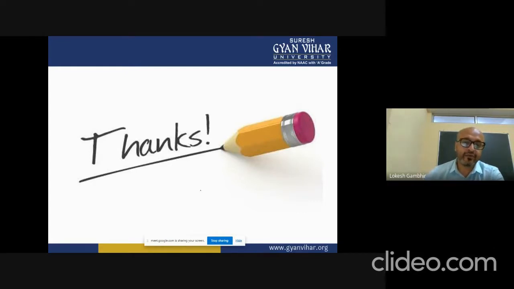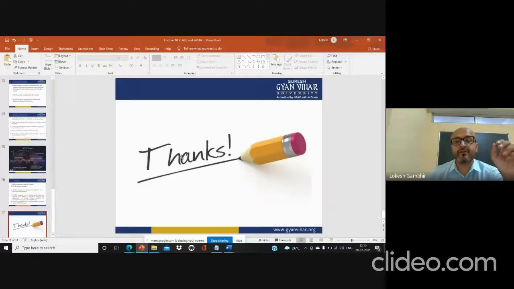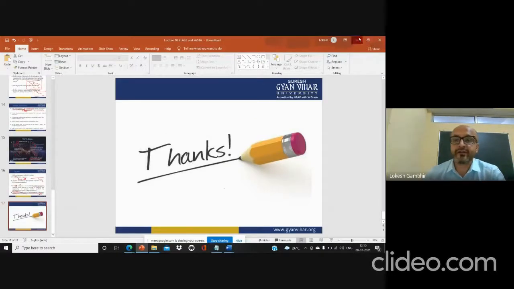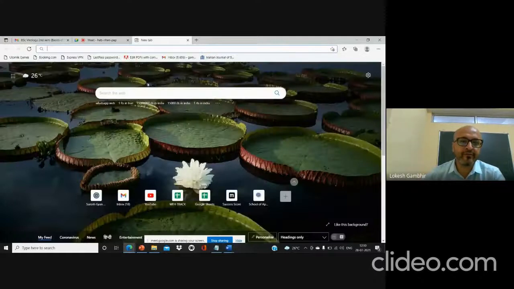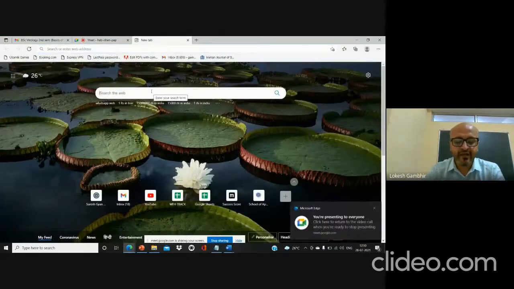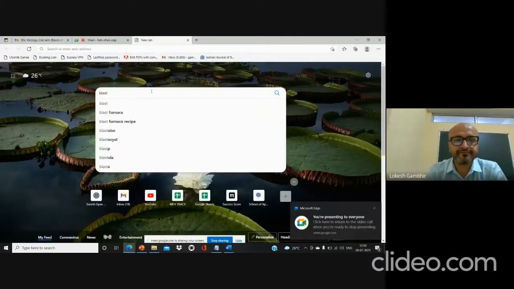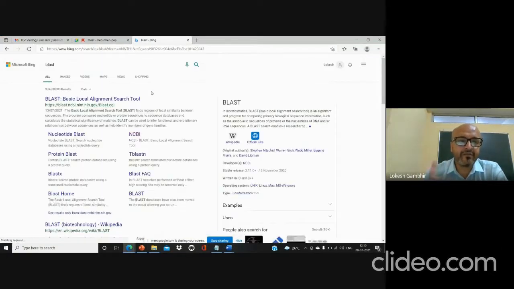Let us move directly right now to the segment where we'll be talking about the practical aspect of BLAST and FASTA. So I've opened the window, I'm going to the browser, I'm simply typing BLAST. Enter. So after BLAST enter, the first hit you get is always the BLAST tool, and you can see the web address.